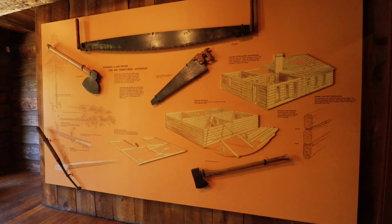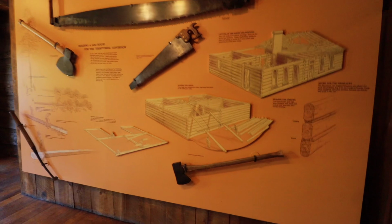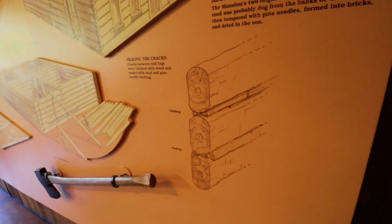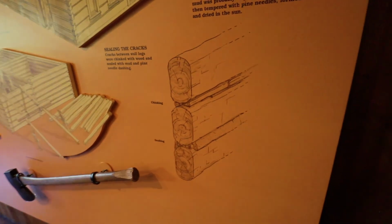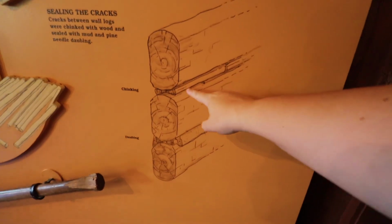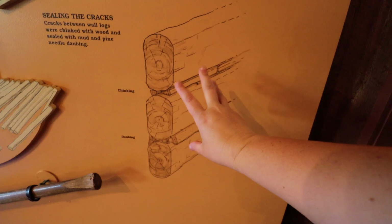Now here you can learn a little bit more about how the governor's house would have been built, and they would have used a very interesting technique that was popular at the time for building log homes. They would have used this particular stacking method for the logs, but then they would have used things in between to fill in the gaps, and those things would have been able to expand and contract with the weather to